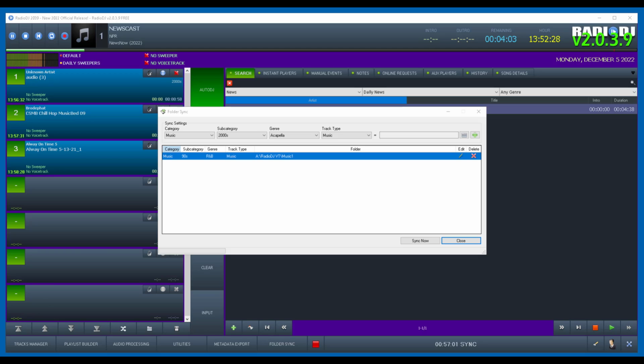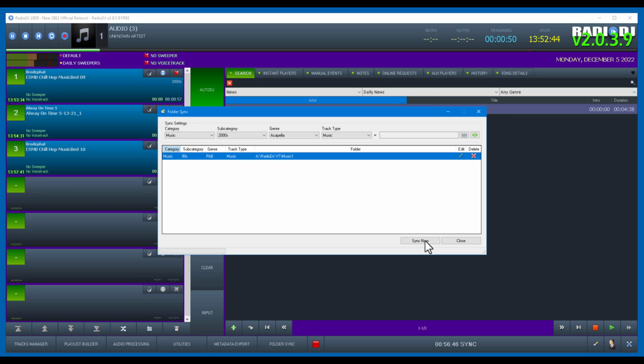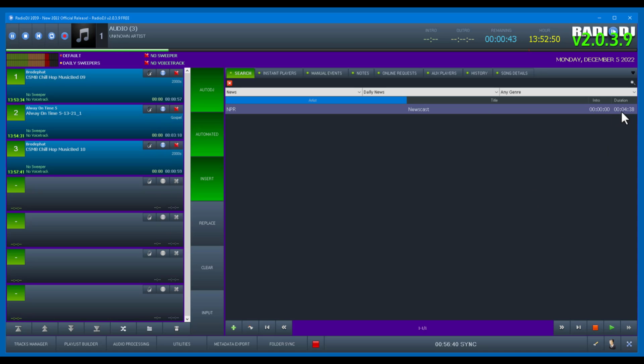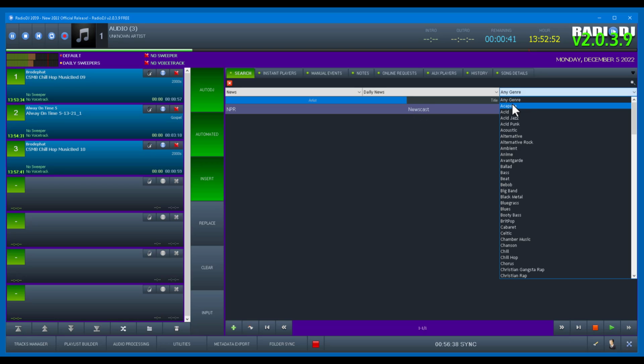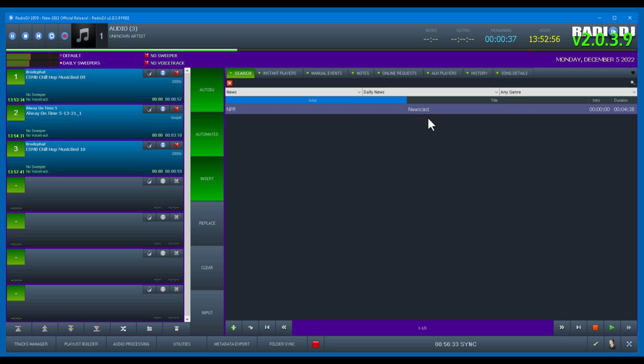So I want to test the variable duration. It shouldn't be no problem, though, to be honest with you. So I'm going to run it. So it got the latest news. Okay, now I'm going to sync it. And as you can see, the first one was at 4:38. All right, so let's change this real quick. See if it's still the same one or a different one. Still saying 4:38. So let's throw that in